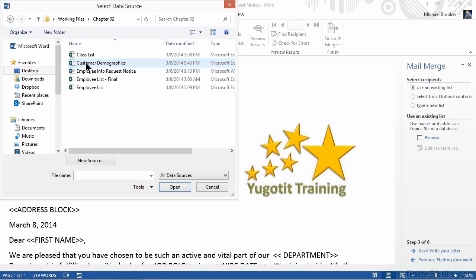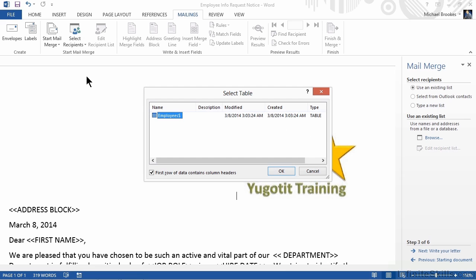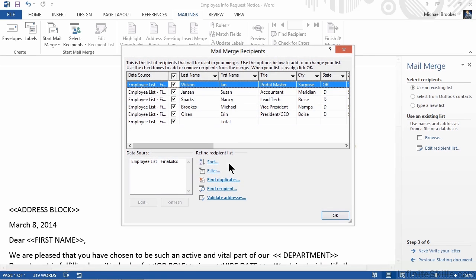Once we open the Chapter 2 folder, we can find our final employee list and give that a double click. The next window that displays will show us a sample of our records. If the workbook has more than one worksheet, we'll definitely need to identify which worksheet has the information we want. Ours only has one, so it's already selected, and we can simply click OK so that Word can display our